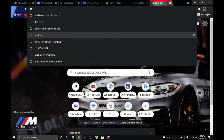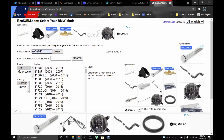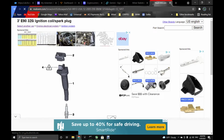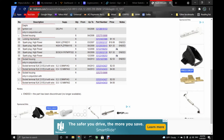Go to RealOEM here, and we select the car bin number, go to browse parts, we go to engine electrical, we go to ignition coil, and we see this. When you want to find a terminal or a connector housing plug, every time you're gonna see whatever is connected is gonna give you the symbol, and so you go here to number 4, and it gives you socket housing and terminal, and it gives you a part number. This particular is with a wire. We're not looking for the wires, so to find a terminal this size, we just copy the word here,